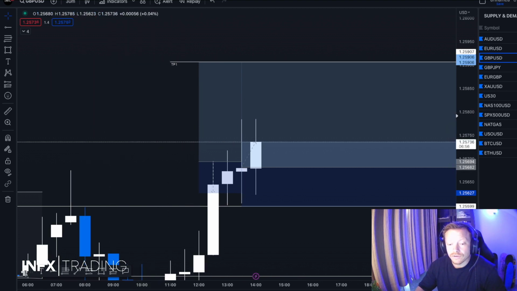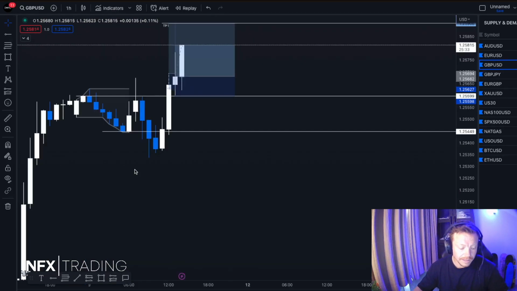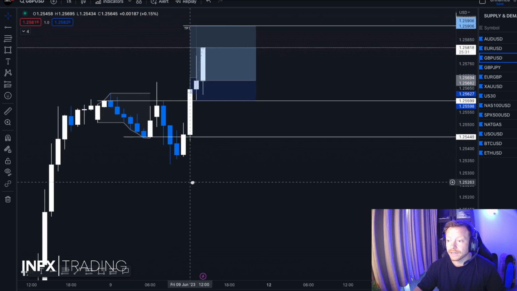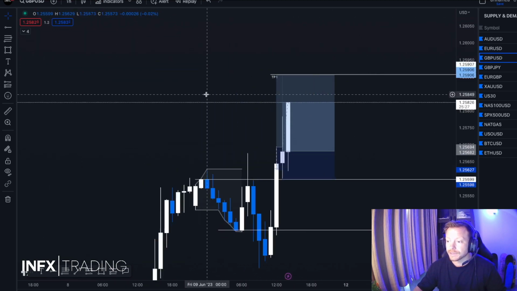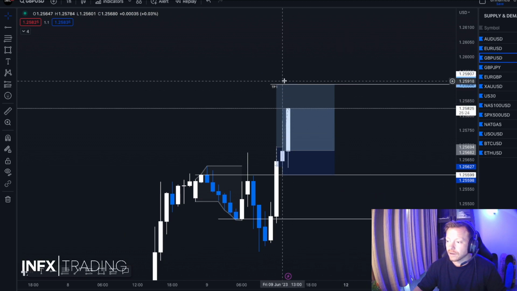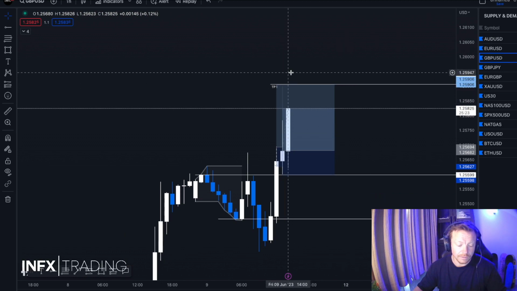So we'll see how it goes with an update very shortly. Alright then guys, so as I said, we got that 230 volume coming in now. We're about $60 in profit, which is nice. We're pushing up towards first TP. When we get to first TP, I'll manage the trade, and hopefully we can